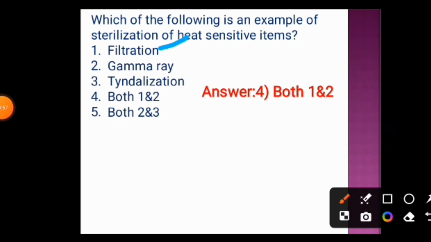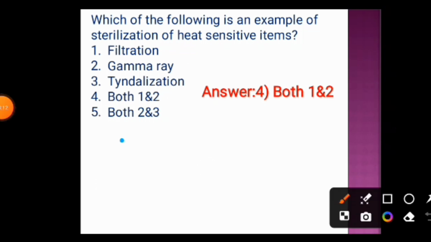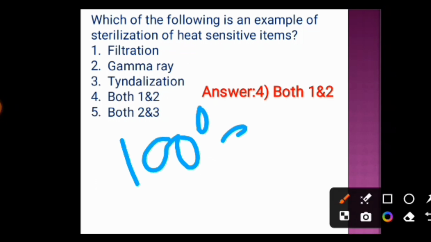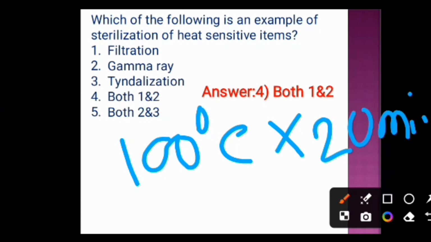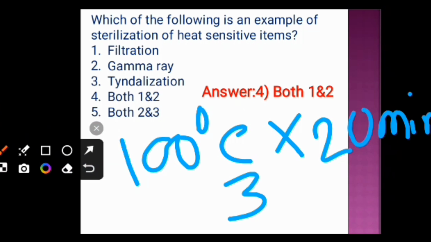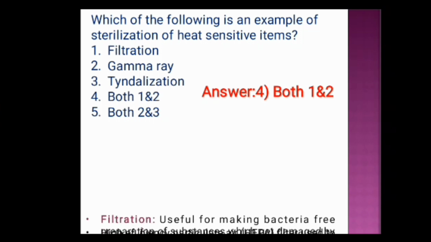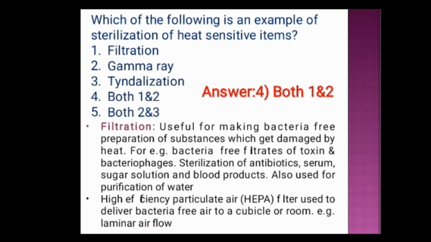Filtration and gamma ray are examples of sterilization of heat sensitive items, whereas tyndallization is not used to sterilize heat sensitive items because tyndallization is done at 100 degrees centigrade for 20 minutes and it is a 3-day procedure. As the temperature is 100 degrees centigrade, it should not be used to sterilize heat sensitive